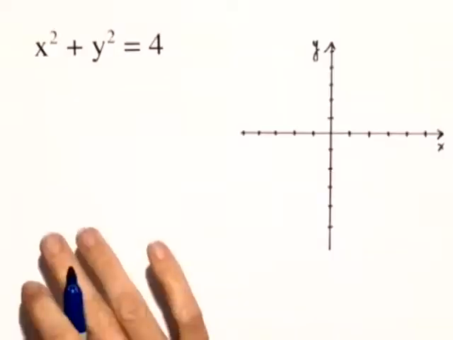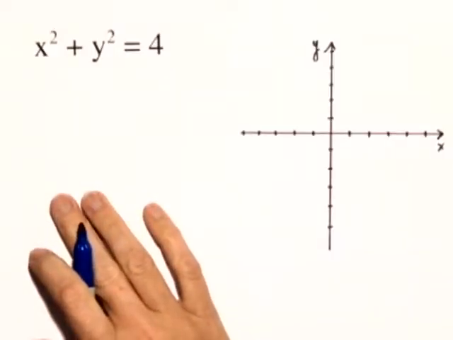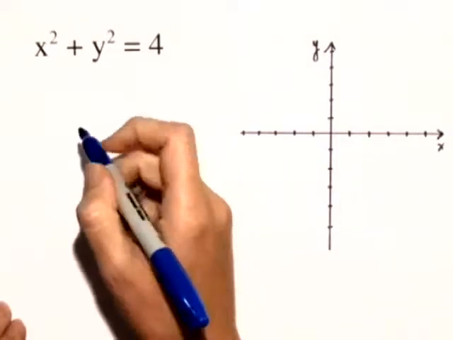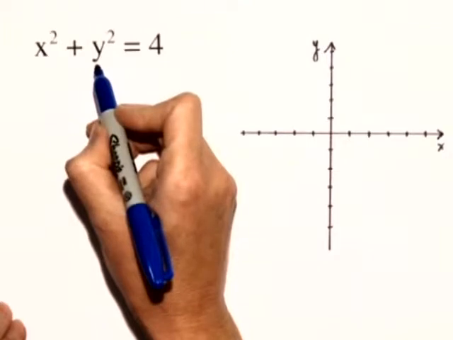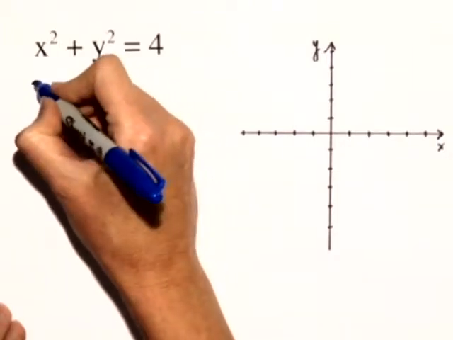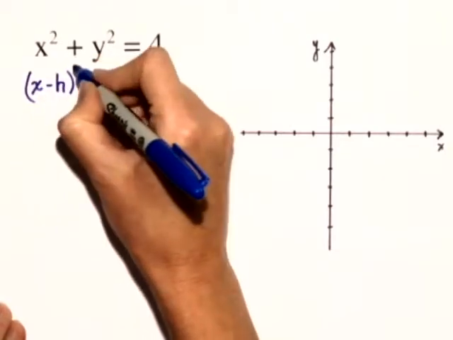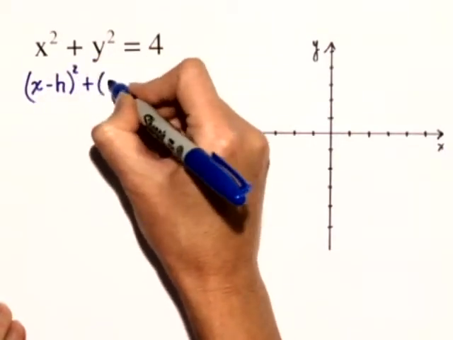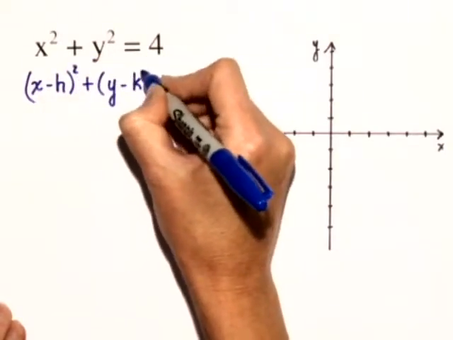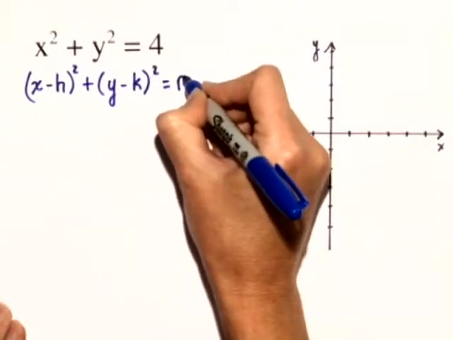We'll graph our next equation in the rectangular coordinate system, and then we'll state the domain and the range. We're given the equation x squared plus y squared is equal to 4. Now in this case, we can see that this is in the standard form of a circle, because the standard form of a circle is (x minus h) squared plus (y minus k) squared is equal to r